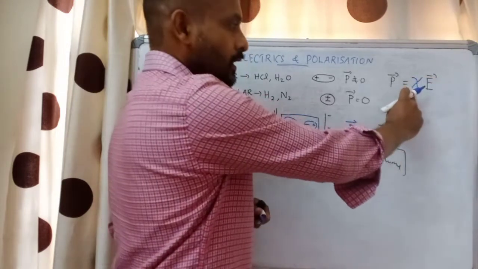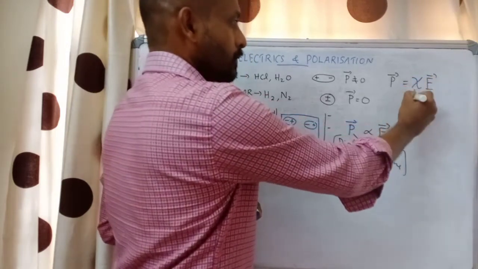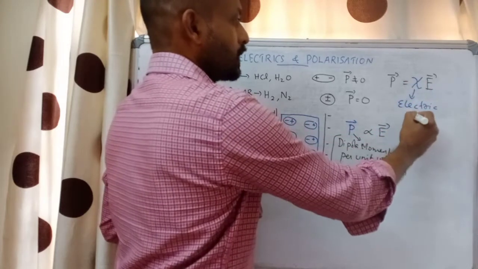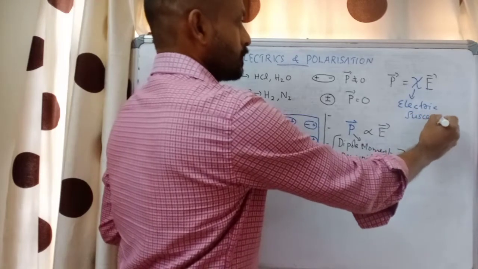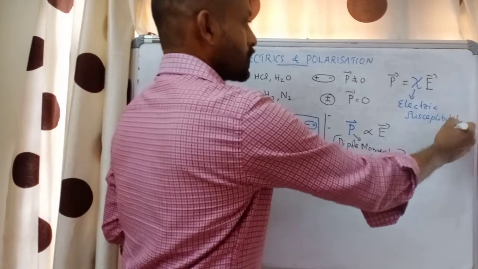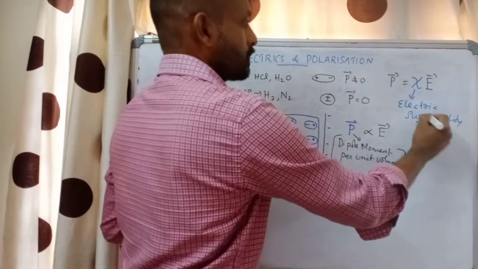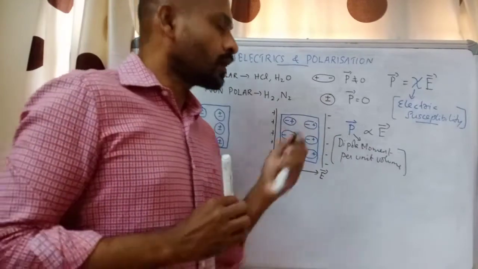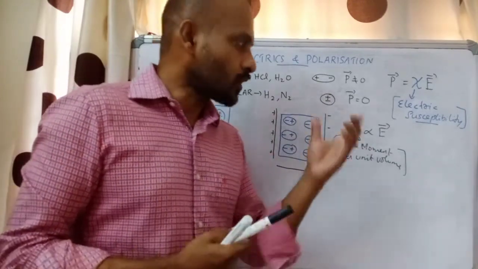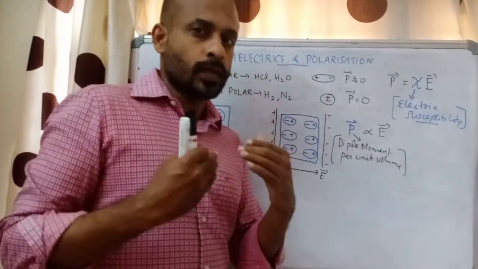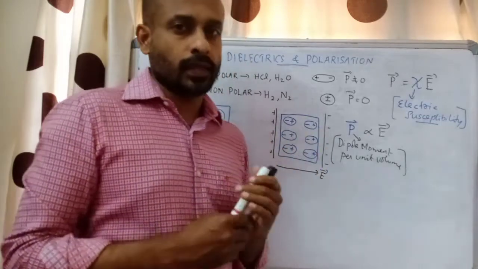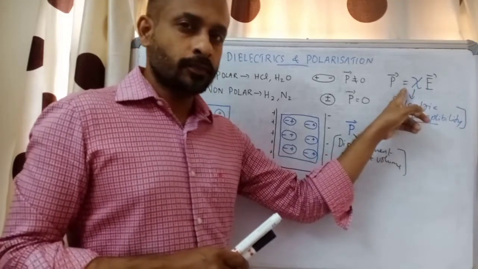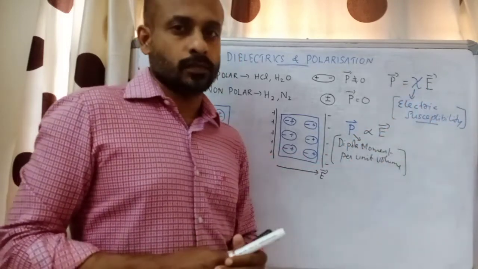Chi is a Greek letter. It indicates the electric susceptibility. So this constant is called the electric susceptibility. Chi is a constant. This determines to what extent this particular dipole can be polarized. This is a constant value and it decides how much we can polarize that particular dielectric material. So vector P is equal to chi times E. Chi is a Greek letter and it indicates electric susceptibility. This is called the